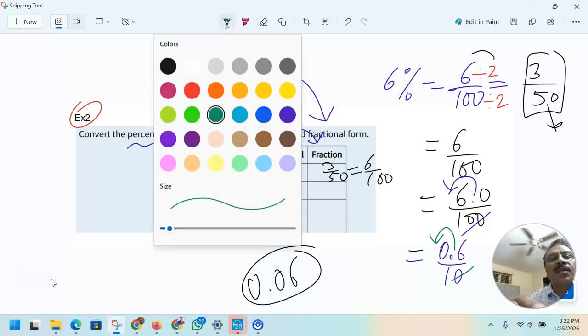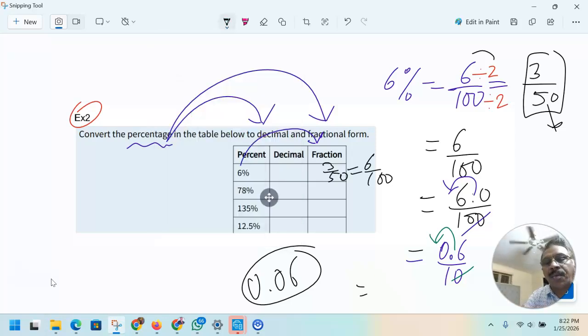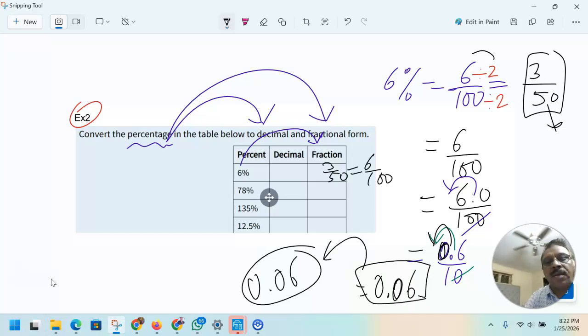So the answer is 0.06, because it moves here, so there's this zero there, so that's zero, and then 6. And that's exactly the same as the calculator. So even though the calculator gives you the answer directly, we can always know why it is. This is the next problem,